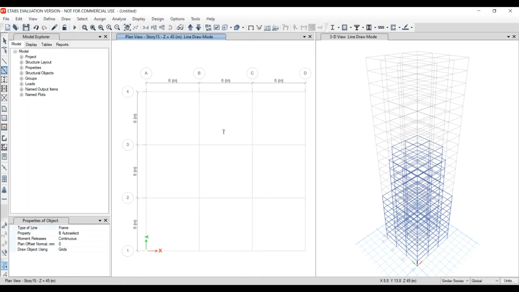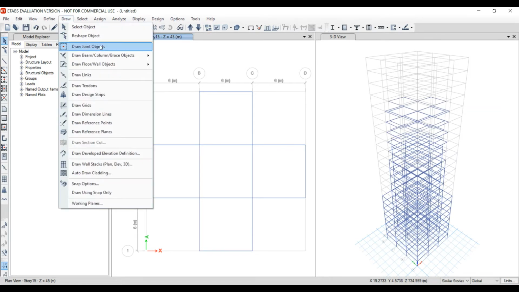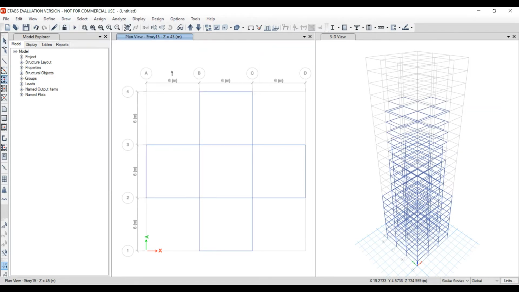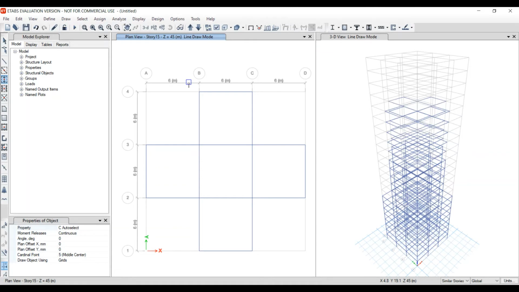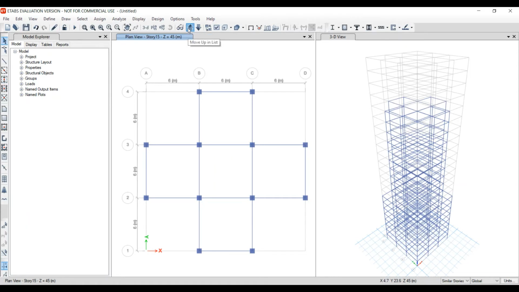In this story, the B1 column is constructed in the positive symbol. So we have to select this and this, and select quick draw columns. Then make sure the property is C auto select. Then the beams and columns for this set of stories are drawn, and move to story 20.